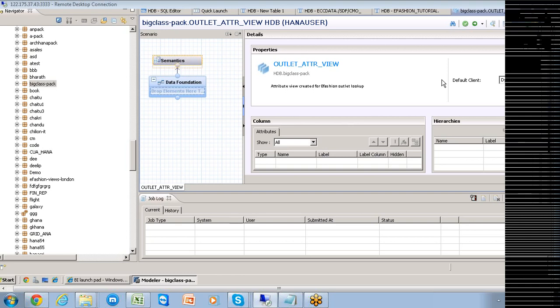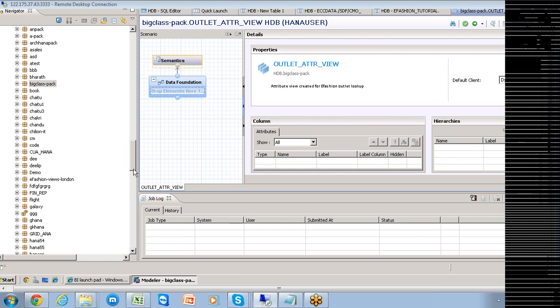The second thing is the business layer. Here also you are going to have two things. The data foundation layer exists along with your semantics. Semantics is your business layer, whereas your data foundation layer is your technical layer here. So here we need to add the data foundation layer in the form of physical tables, where we need to start importing the tables from the catalog into this data foundation layer. In that, we first need to start putting things, right?